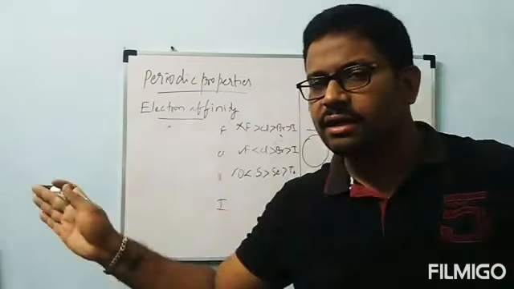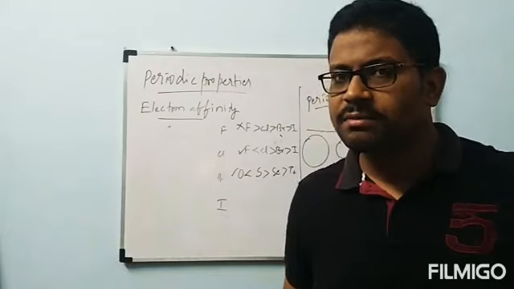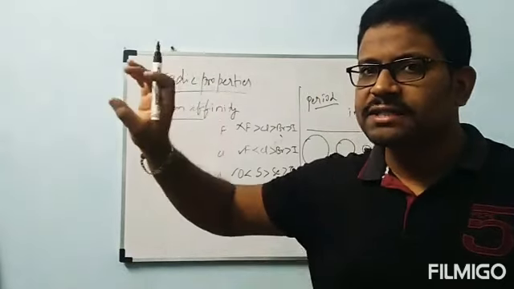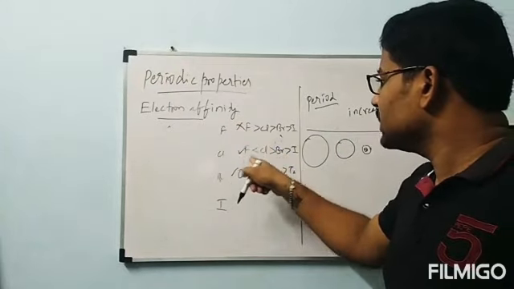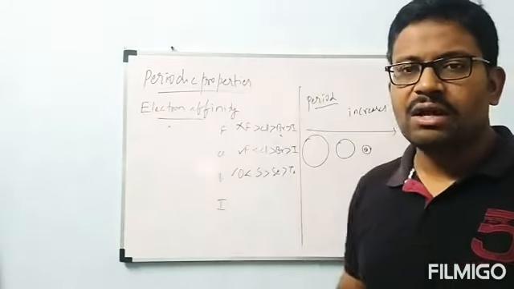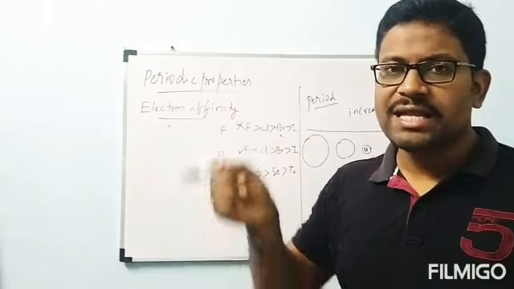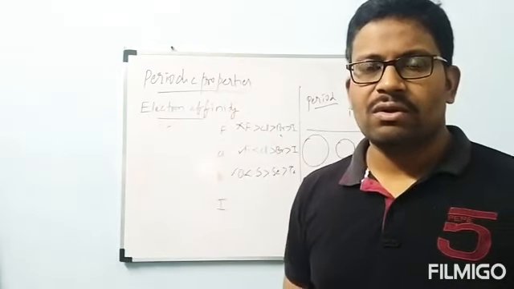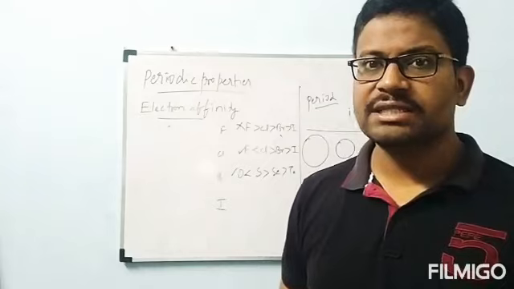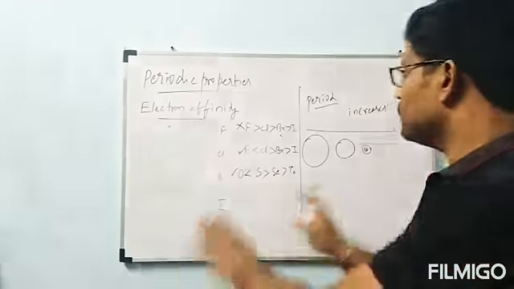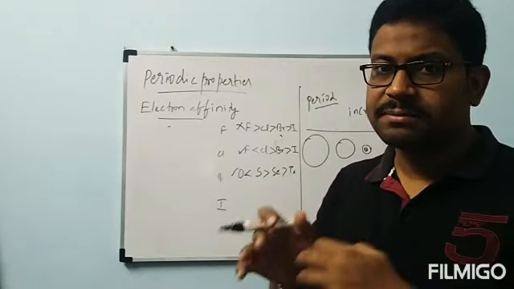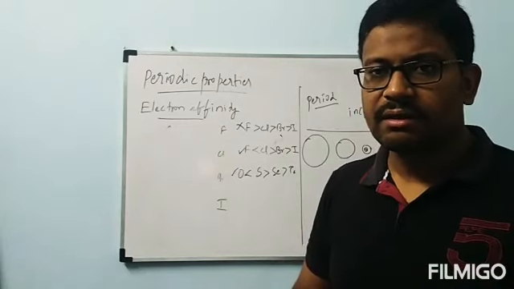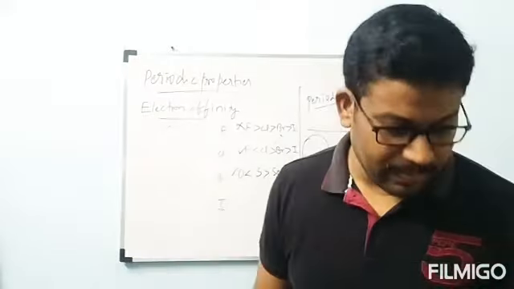Because left to right, electron affinity increases, top to bottom decreases. Finally, we would expect fluorine, but fluorine's electron affinity is less than chlorine's. Because of that, chlorine is the element which has the highest electron affinity. That is about electron affinity, and this is an exception case. Mainly we have to remember the exception cases only. Concentrate on them.